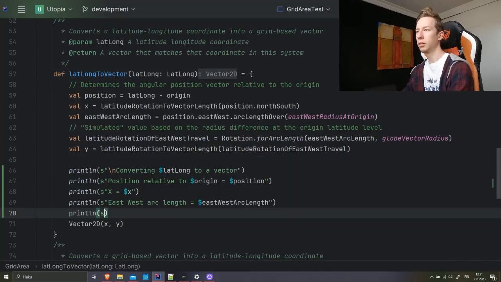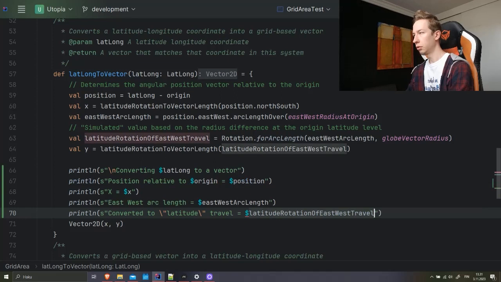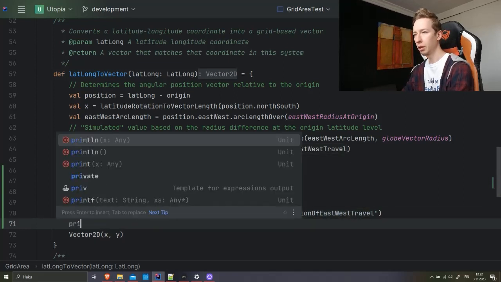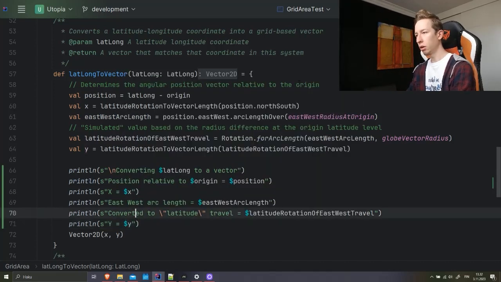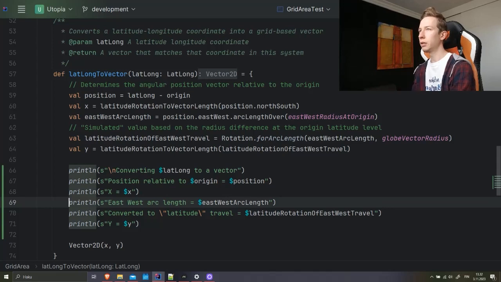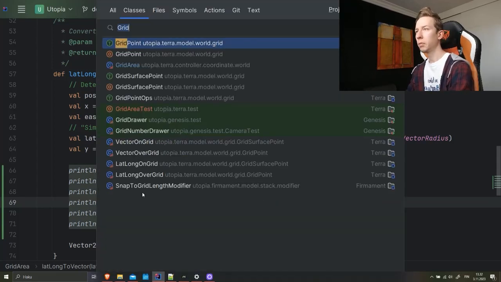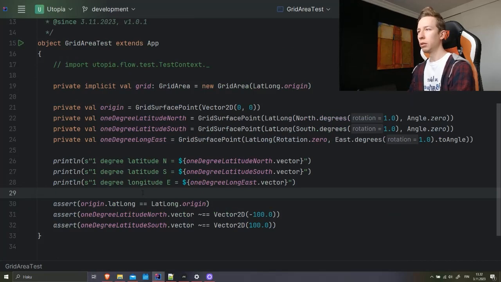And then we have converted to latitude travel equals latitude east west travel. And then we have y equals y. I'm not sure if these toString operations work as expected, but hey, we can at least test it to see, and always we can add those. So